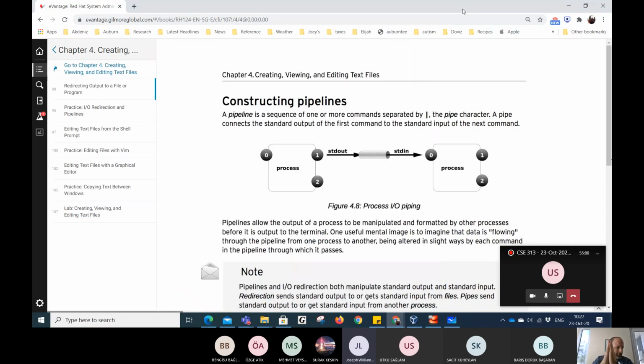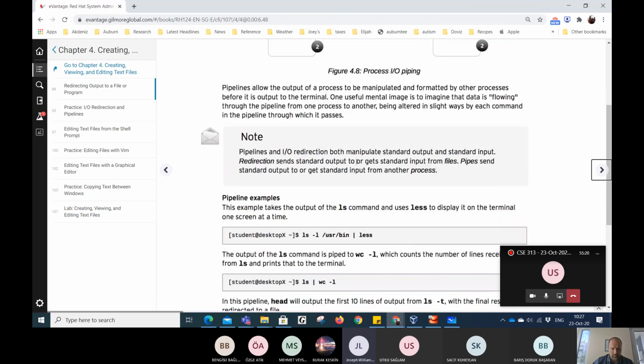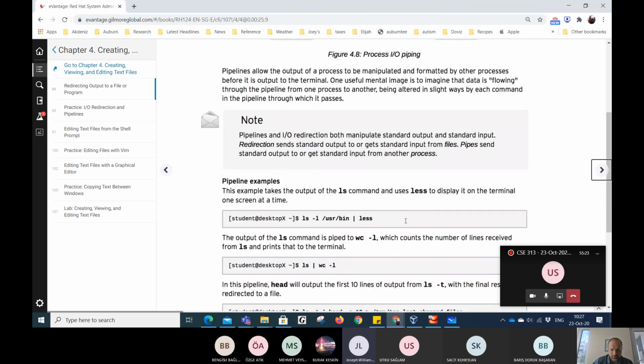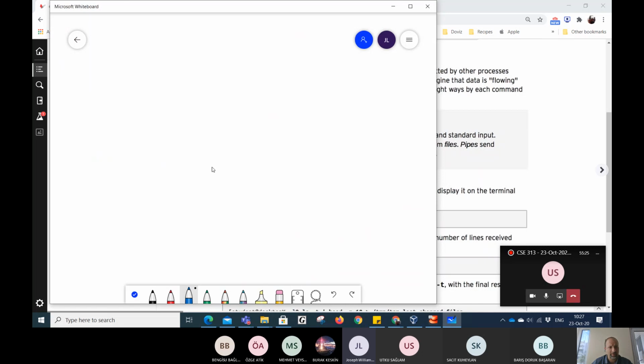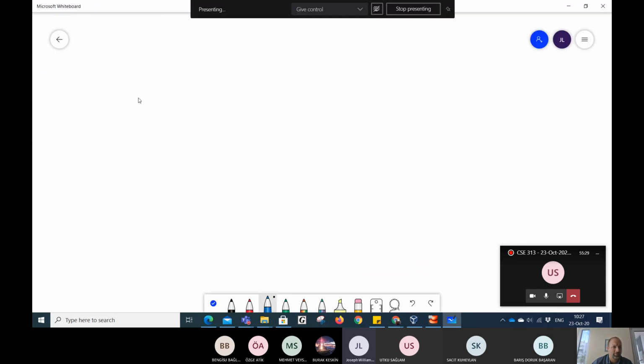Okay, so this idea of what we left off with was to be able to take the output from one process, redirect it instead of sending it to the screen, redirect it as the input to another process. So basically, if we look back at this whiteboard idea,